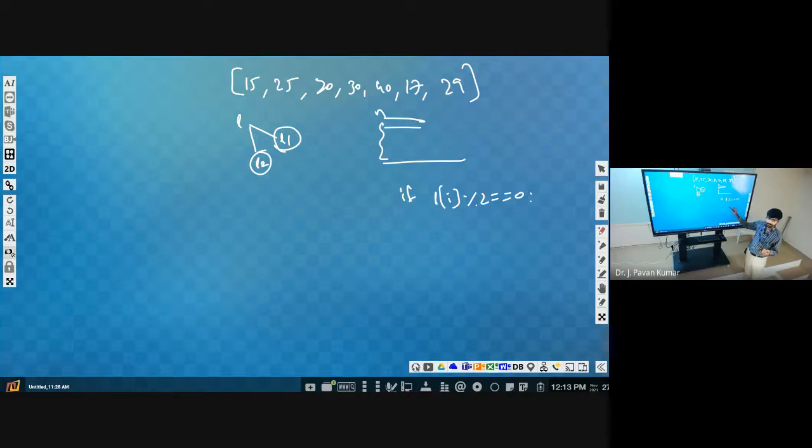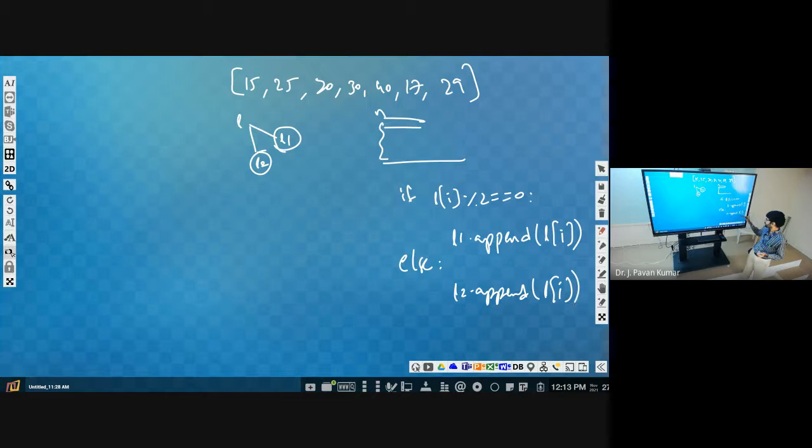So L1 dot append of L of I. Else, L2 dot append of L of I. Same element only, but to L1 or L2 we will decide.